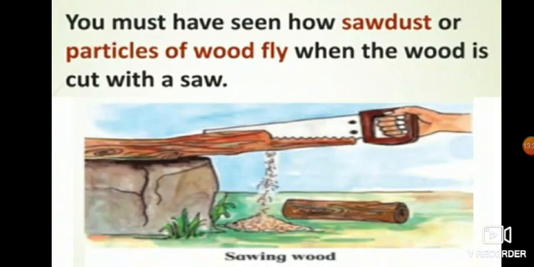So when that carpenter is cutting the wood with the help of the saw, all the sawdust comes down. Can you see the dust coming down? Yes. And that is known as tiny particles. So here what we are studying, that even the wooden material is also made of tiny particles. Okay.